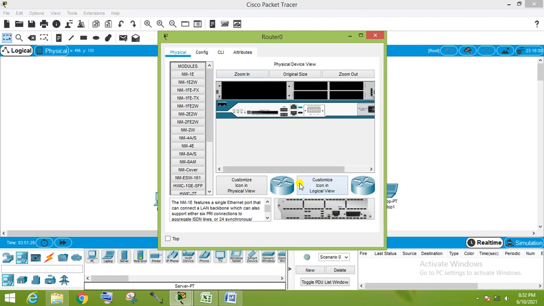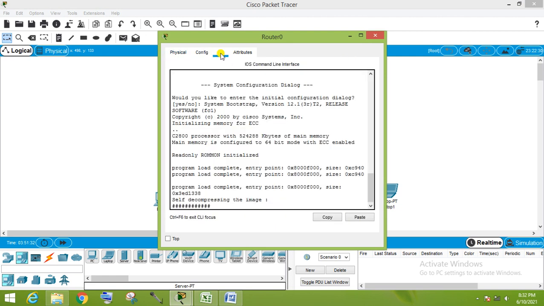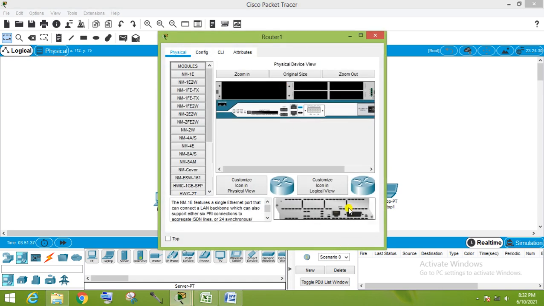First, we have to add the modules of the serial interface. Last time I explained it. Same thing I will do for the other router.